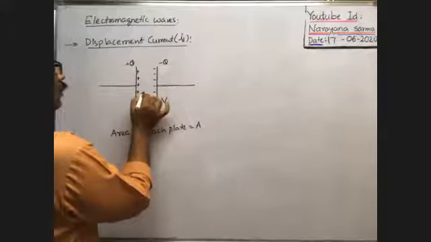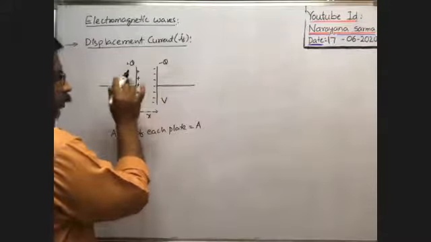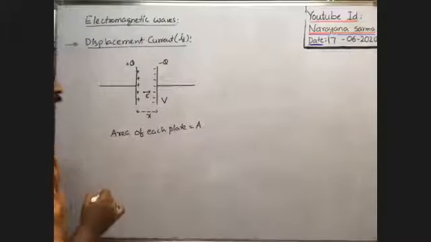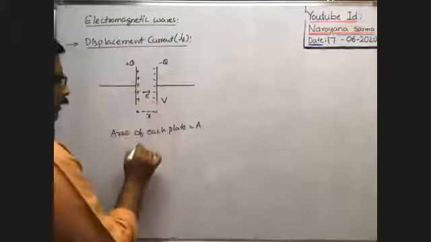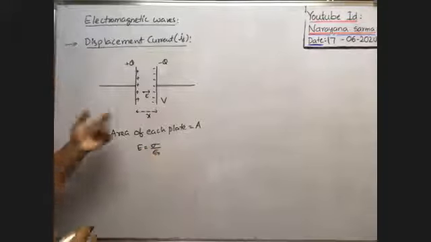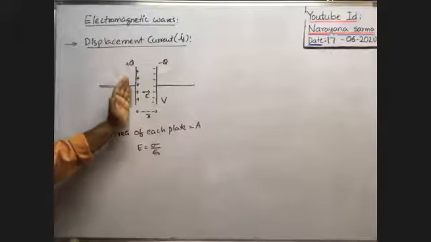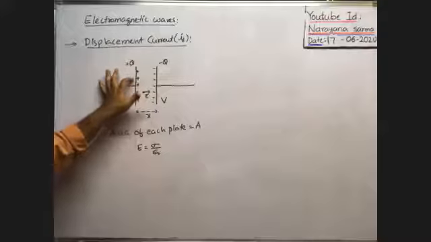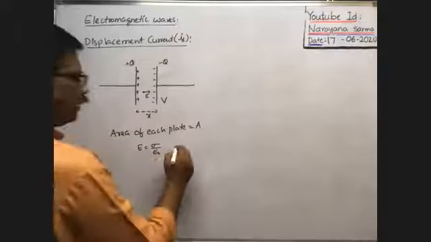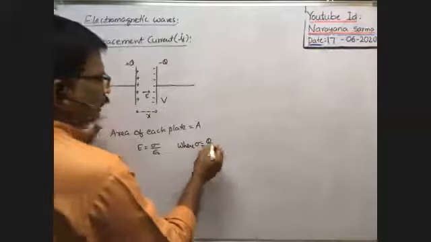What is the direction of the intensity of electric field? The intensity of electric field is always from higher potential to lower potential, means in this direction. So what is that intensity of electric field? Here in between the two plates of the capacitor, the intensity of electric field is equal to sigma by epsilon naught, because these two plates are near to each other. So in front of one of the plates, the intensity of electric field due to this plate depends on the surface charge density on this plate, say sigma, where sigma is equal to charge on this plate by area of the plate. That is called surface charge density.